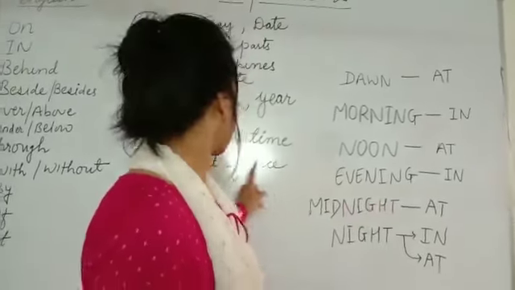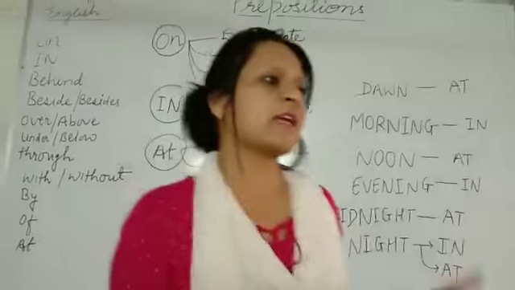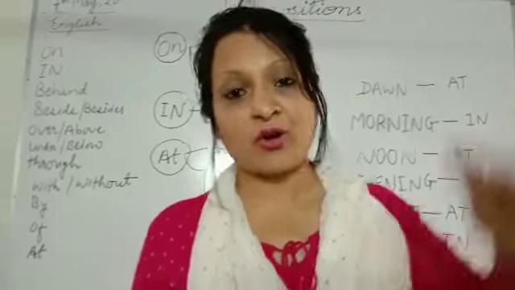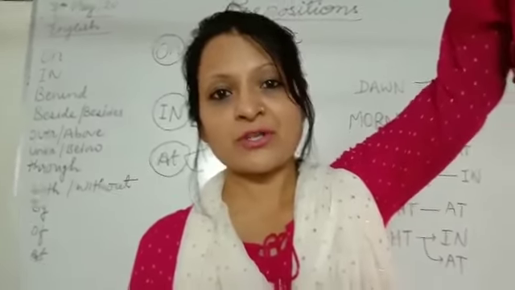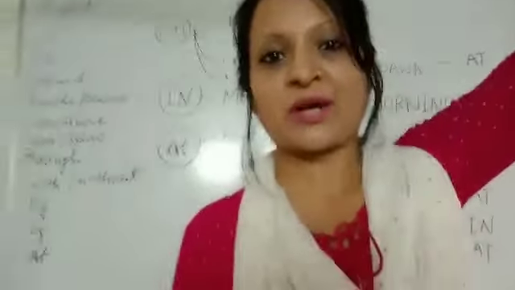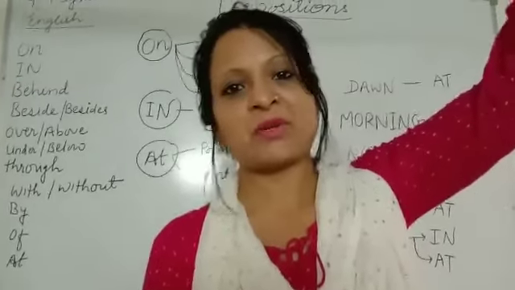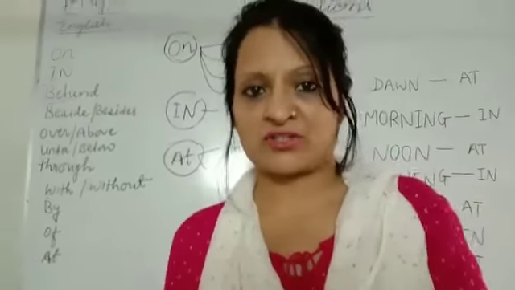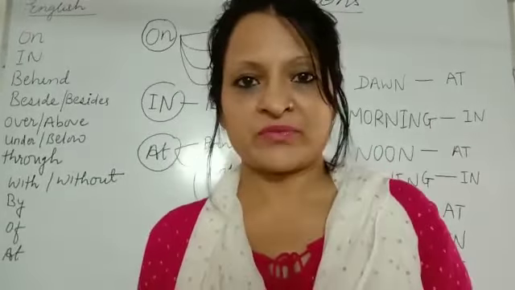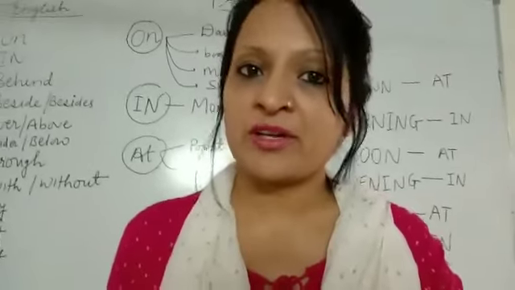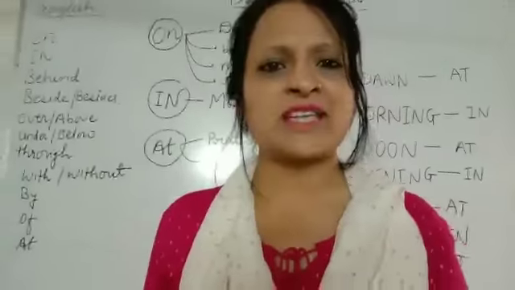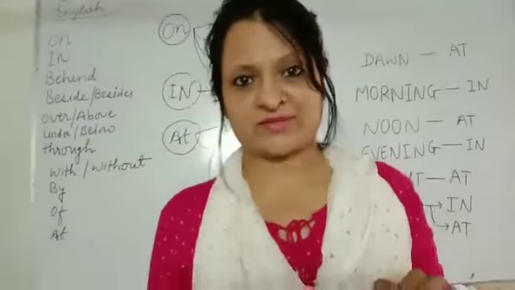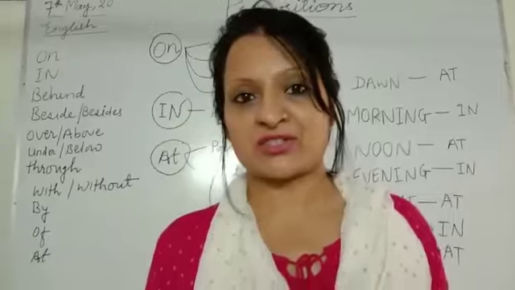Same way, now place. हम कई बार कहते हैं आई वॉज वेटिंग फॉर यू ऑन द बस स्टॉप. तो वहाँ ऑन जो हम यूज कर रहे हैं, ऑन द बस स्टॉप, कैन यू इमेजिन व्हाट विल बी योर कंडीशन, व्हाट विल बी योर स्टेट व्हेन यू आर स्टैंडिंग ऑन द बस स्टॉप? People will laugh at you if you say like that. So we should not say on the bus stop. We should say at the bus stop. Why? Because we are showing the point of place. Same way, I am standing at the door. You cannot say I am standing on the door. Okay? At the door, at the bus stop, at the station.